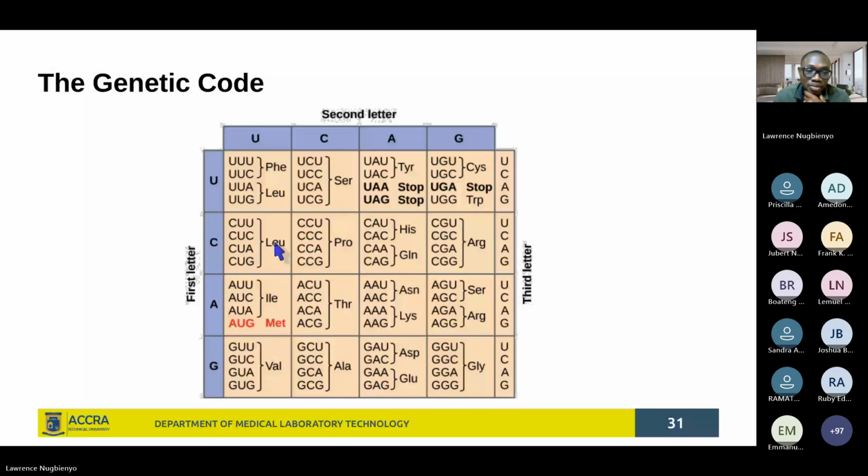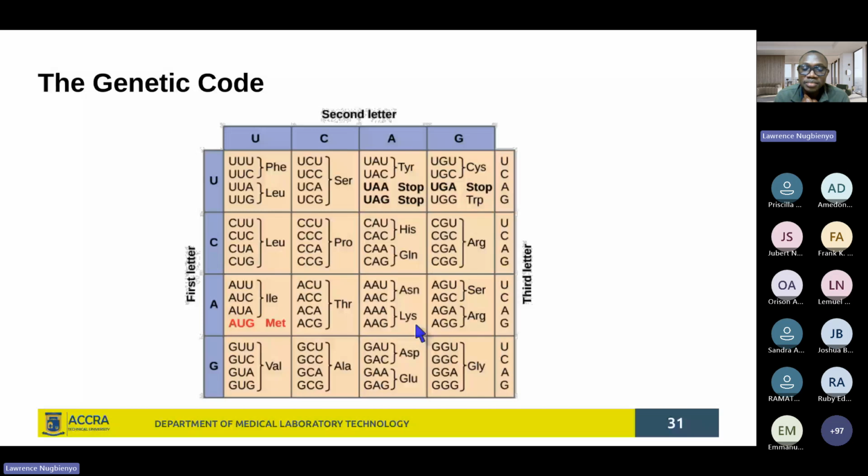So if you see PHE, that is phenylalanine, LEU, leucine, ILE, isoleucine, VAL, valine, SER, serine, PRO is proline, THR is threonine, ALA is alanine, TYR is tyrosine, HIS, histidine, GLN, glutamine, ASN, asparagine, LYS, lysine,